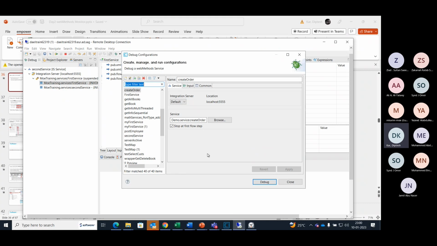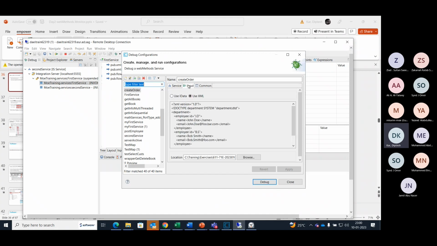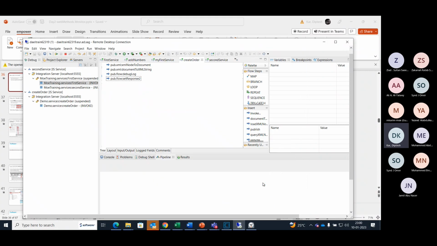If you click there, I can select a name, then the service which I want to debug, and provide an input to it. So use the use XML option so that it internally converts this XML into a node and maps it. To get this XML, you can browse and get it from the file system. Now, if you do the debug,